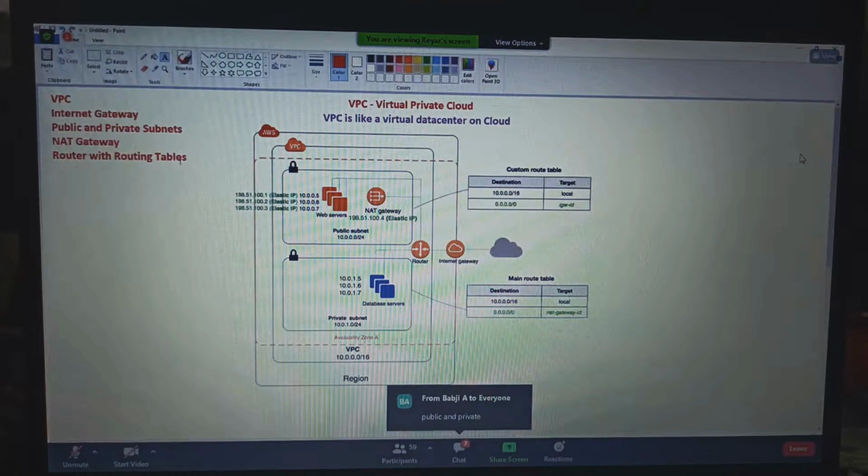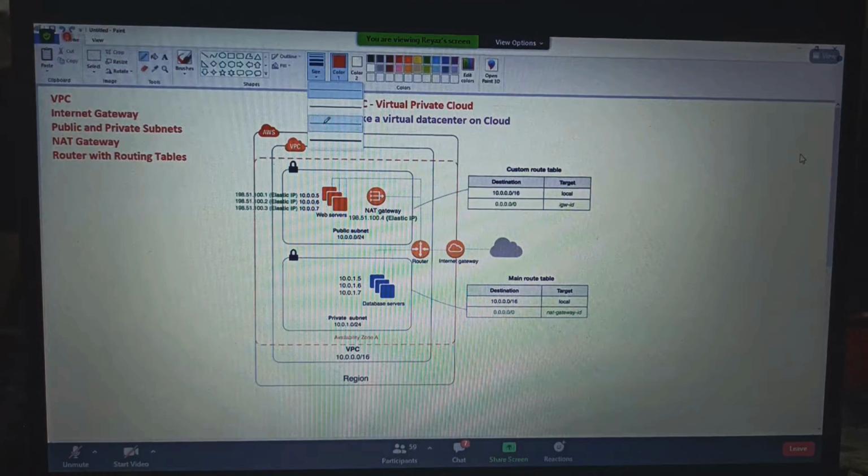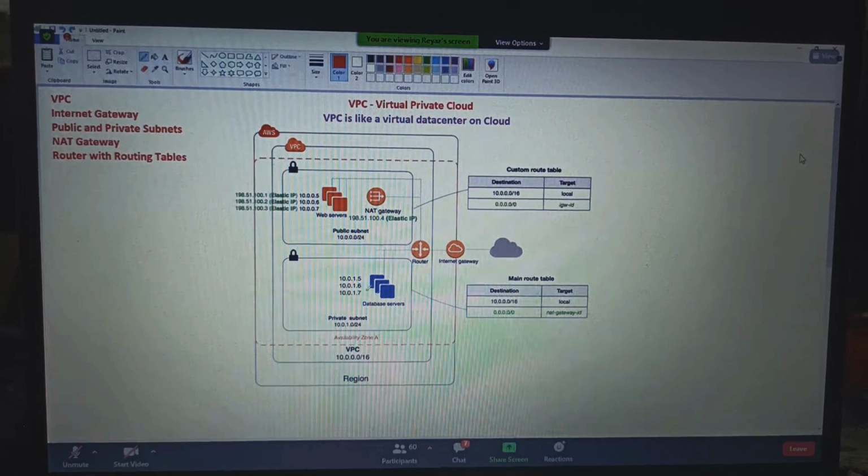Yes? So this is the internet gateway here, right? And this is the router, there are two routing tables, this one and this one, right? And there are public and private subnets here. And then we have the NAT gateway here. Yes, these web servers, they are normal EC2 instances.